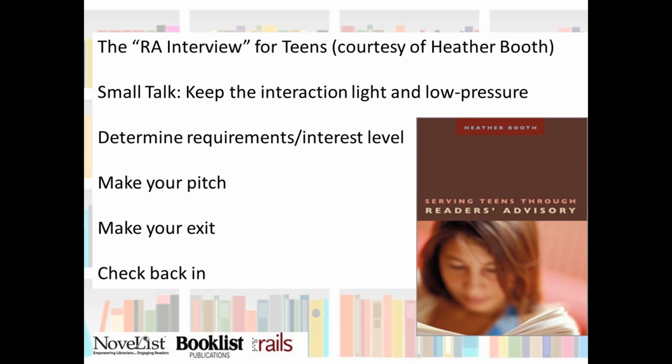So you make your pitch about why this book is a good one, why this might be what they're interested in, and what you might know about that book already. And then repeat what you've gleaned from them. So when they tell you, "I really liked the Twilight series," repeat that back to them. So you're looking for books that are like Twilight, or books that have a supernatural element to them, or whatever the kind of thing that you've gotten out of them. Parrot that back to them, so you make sure you're on the right page with them.